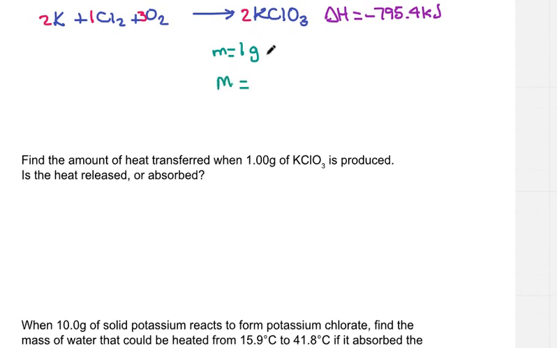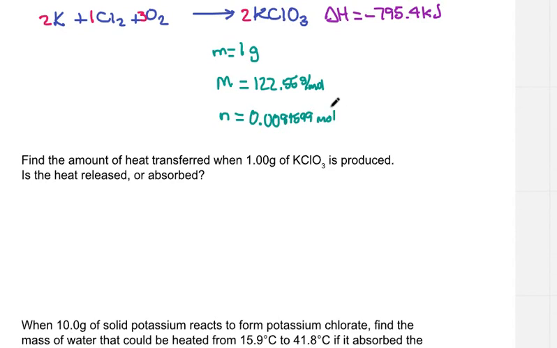our molar mass would be 39.10 from the potassium, 35.45 from the chlorine. Oxygens are 16 each, but we have 3 of them. That's 48. I get 122.55 grams per mole for our molar mass, and that means our number of moles is 1 divided by that number I just said. Where's my reciprocal key? New calculator, can't find the reciprocal key. I have to do it the hard way. 1 divided by 122.55, 0.0081599